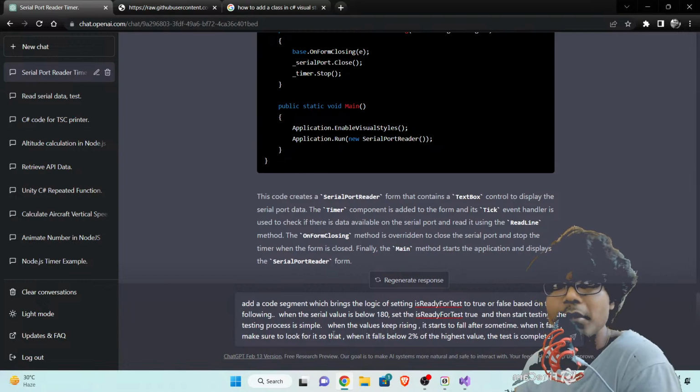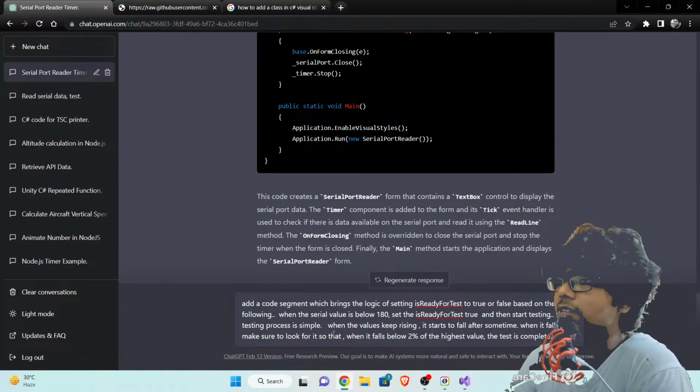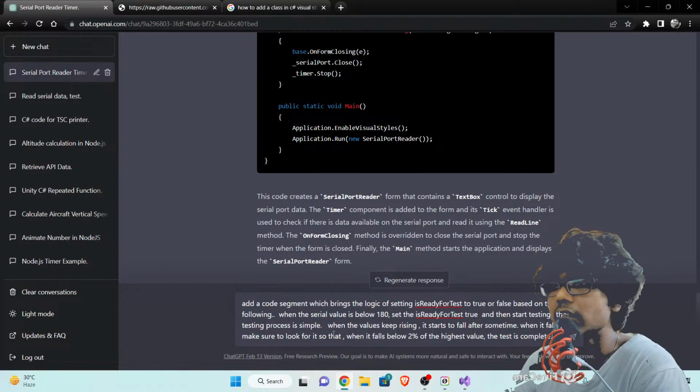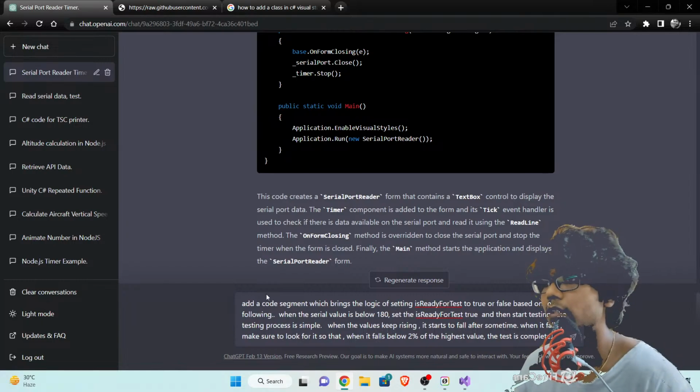Now here it is very ambiguous because I'm not telling it exactly what variable to use. I'm just saying then start testing. So I'm guessing it'll start adding is testing or something like that. The testing process is simple. When the value keeps rising, that is, generally beyond 180, and after a while,